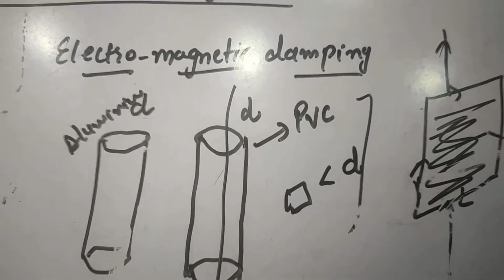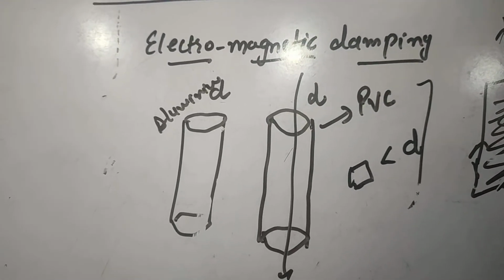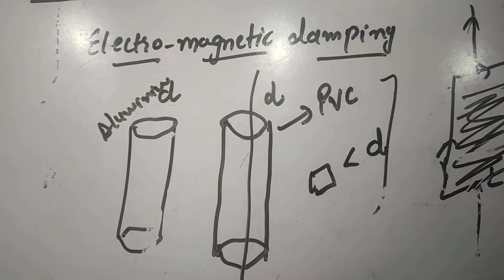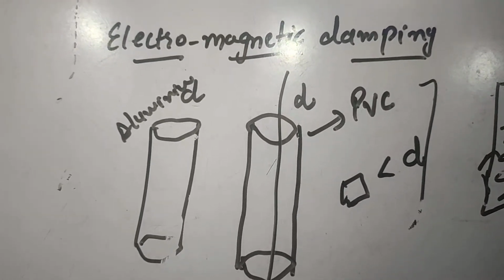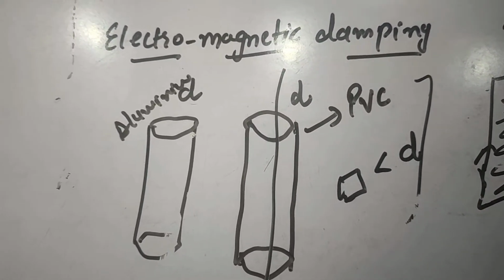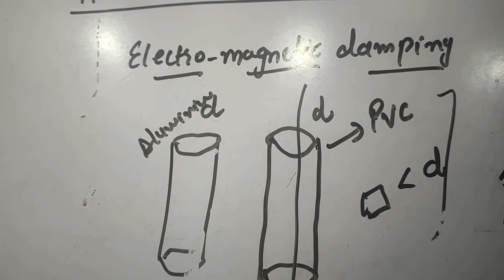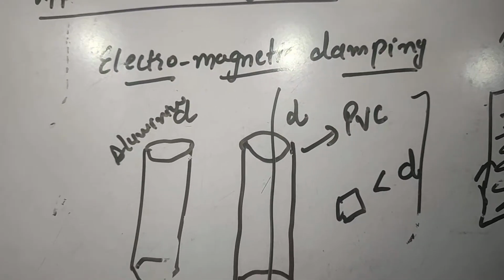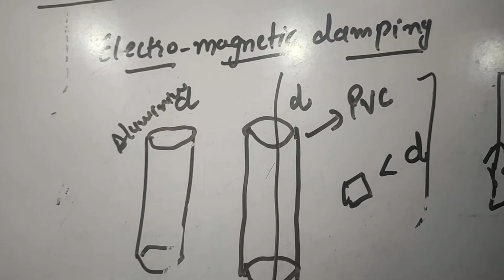Moreover, there are other uses of eddy currents, like the induction furnace. We can use its effect: as it opposes motion, heat energy is produced, and by producing a strong current, strong heat is produced, which can be used in an induction furnace. We can also use them in magnetic brakes, electric meters, and induction motors. So there are different types of applications of eddy currents.